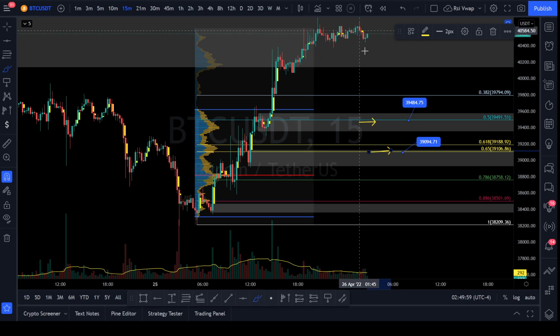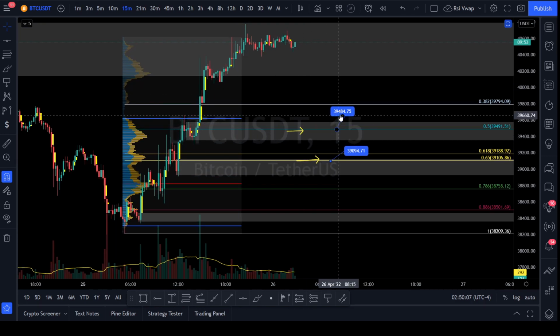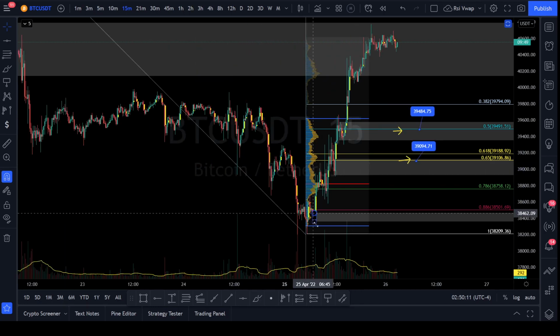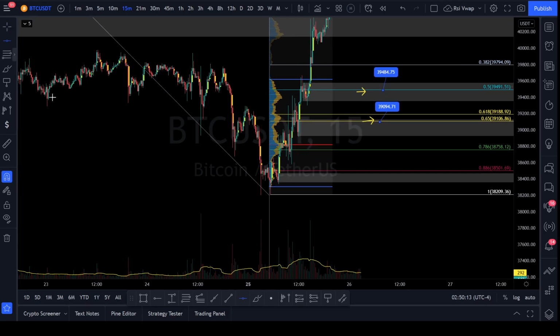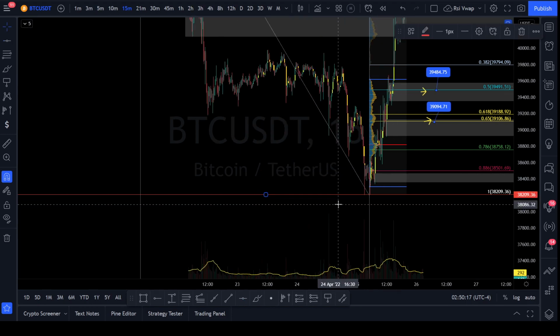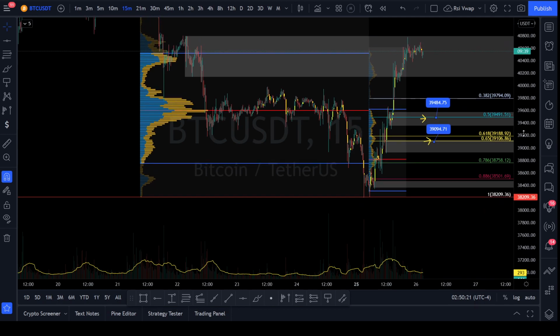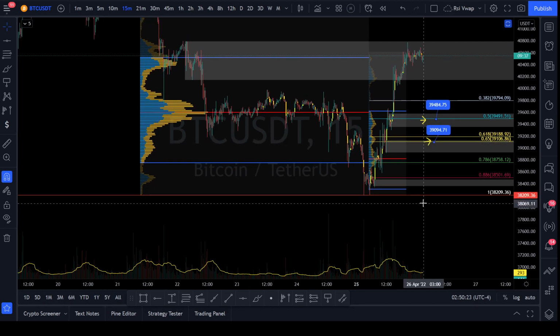I'd have to watch for the price action, but these would be the two main areas I'm looking for a trade entry, which would be about 39.5, 3,900. Of course, the protected low here is the very bottom at 38, where we really don't want to come below that. So if you're looking for a stop loss, you can